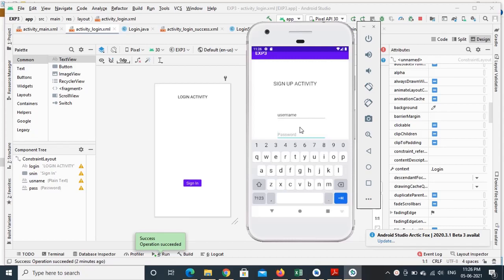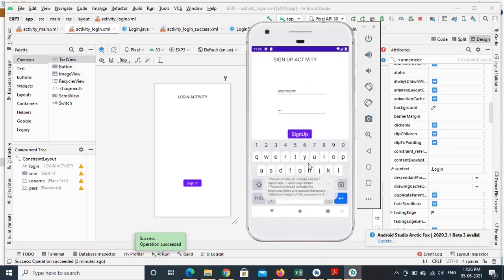For example, if I give ABC, it has to give a toast message saying that you should follow some rules. If I click on sign up, it is giving a toast message.